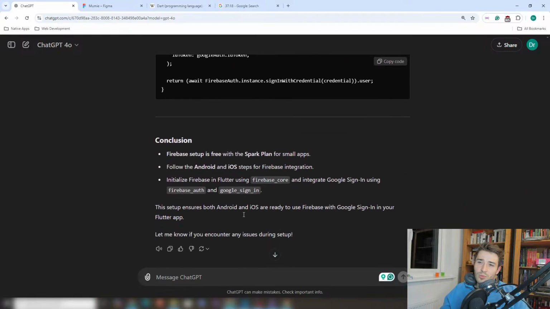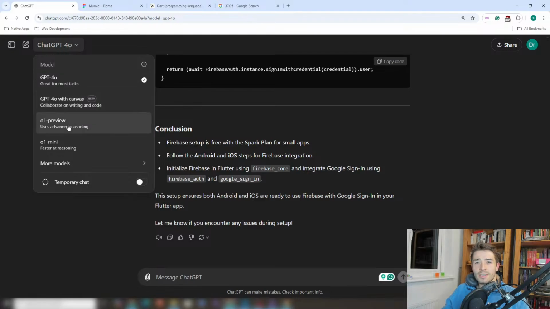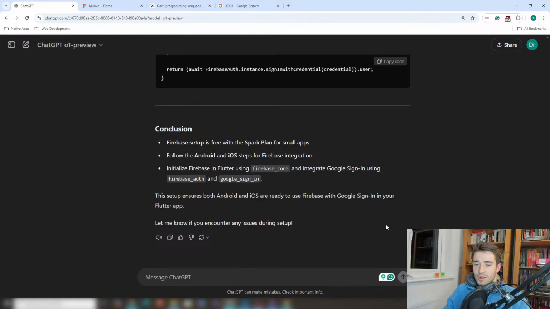This seems a bit potentially wrong. I've only got an hour, so as much as I want to see what o1 can do, let's just use o1 here. Analyze what has been said above about how to set up a Firebase and